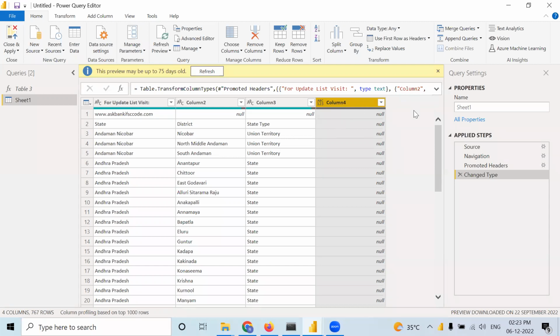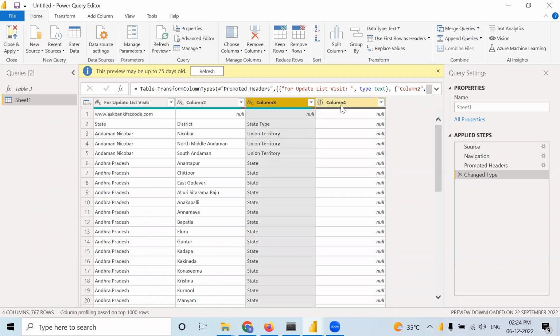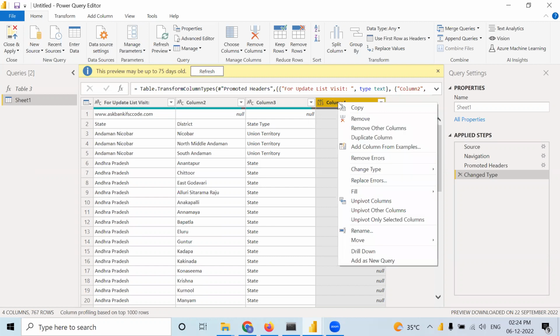So what you should do is you should click on the column header, right? See, if you want to click on the column header of column 3, you move your cursor over there and click over it. Okay. Similarly, you go to this column 4, click over it, and when you right click over there,